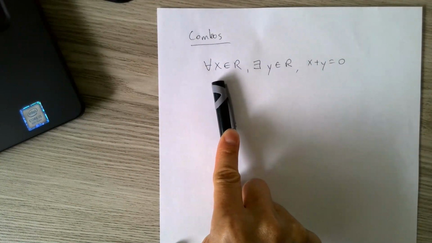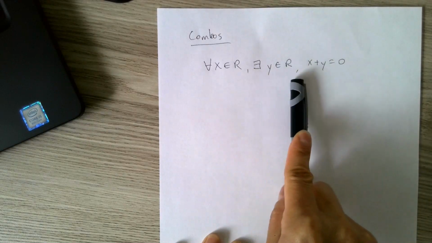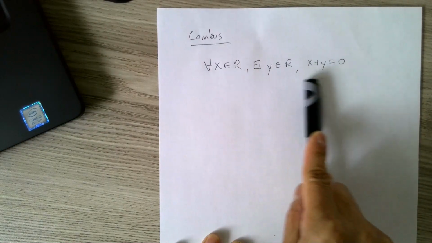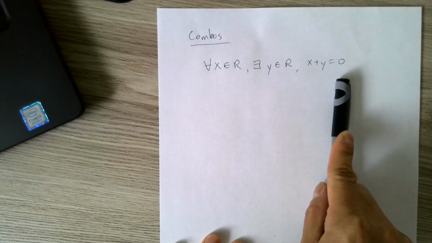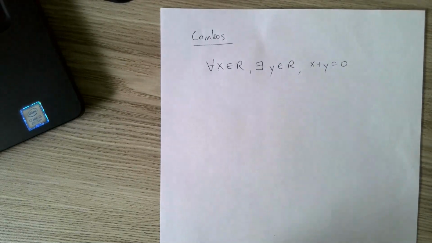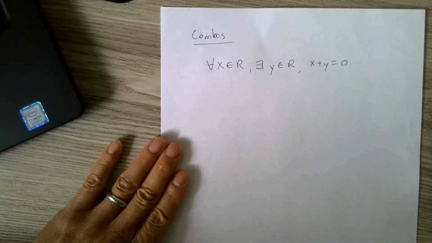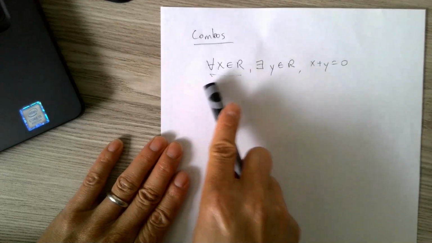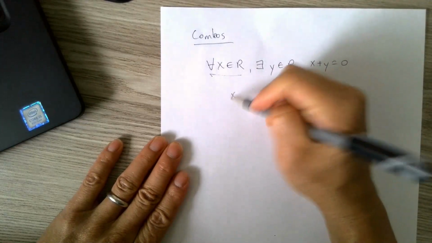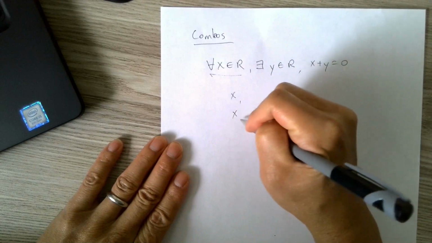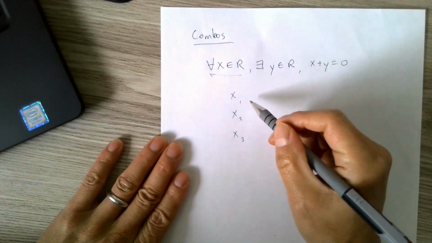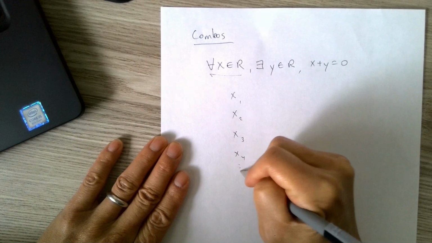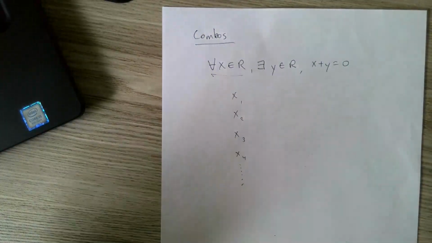For every real number, there exists a real number such that their sum is 0. So first of all, what am I actually claiming? By starting the phrase or sentence with for every, I'm saying that for every real number, which I will call x1, x2, x3, x4, every real number in the universe,